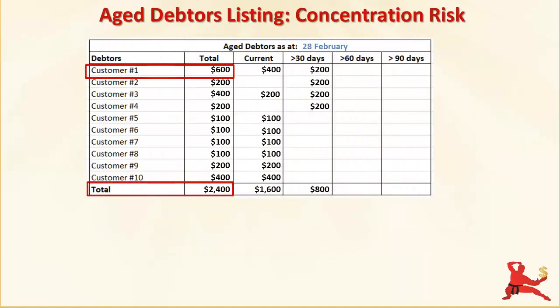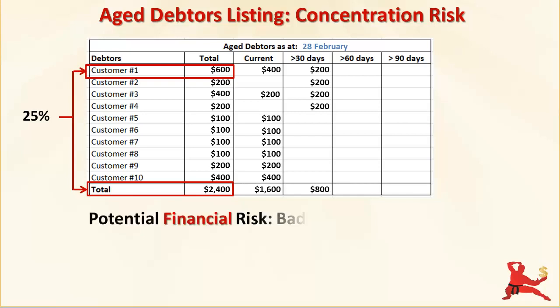In the aged debtors listing, you can see that customer number 1 is now your largest debtor, representing 25% of your total debtors. This raises the issue of concentration risk. You have potentially higher financial risk in your business because if a major debtor like customer number 1 went broke, you will have a bad debt of $600. Losing 25% of a major business asset, $600 out of $2,400, has huge implications for profits, your balance sheet, and